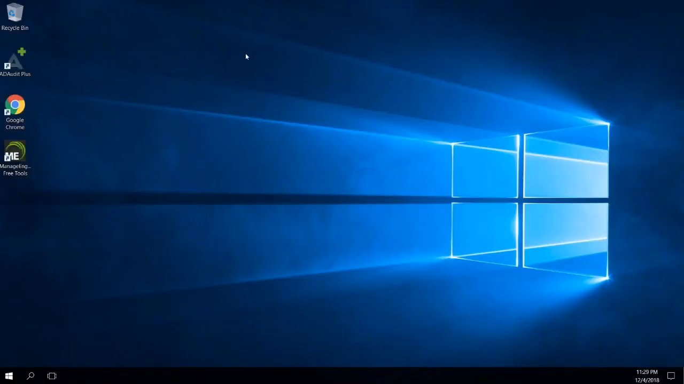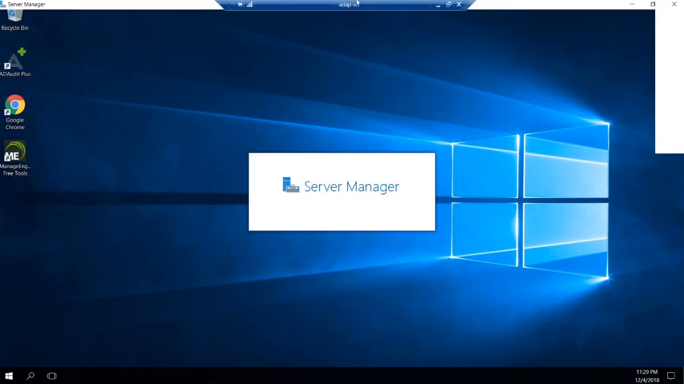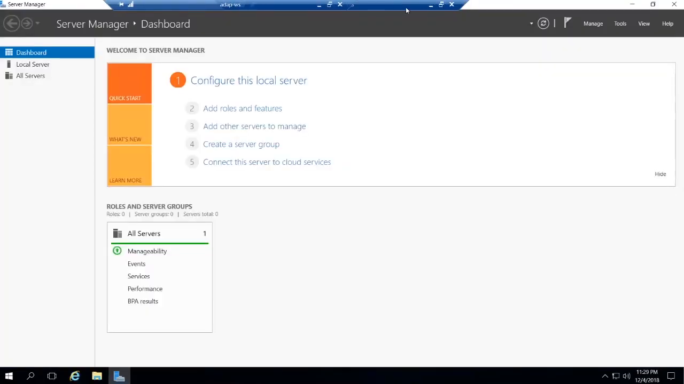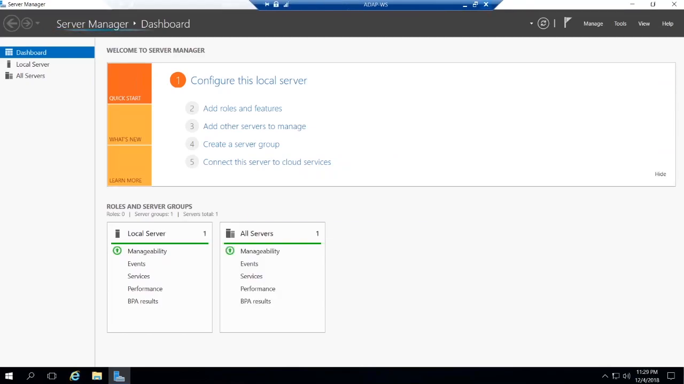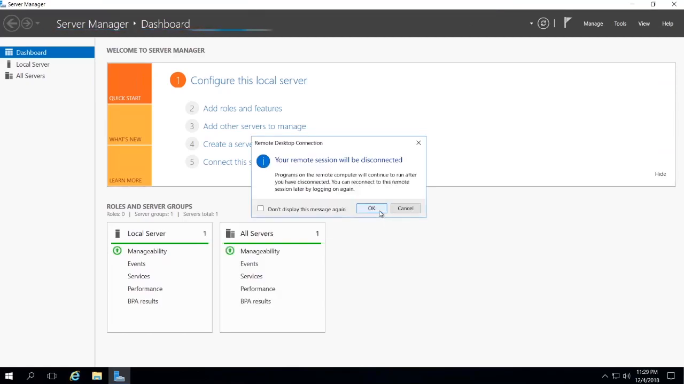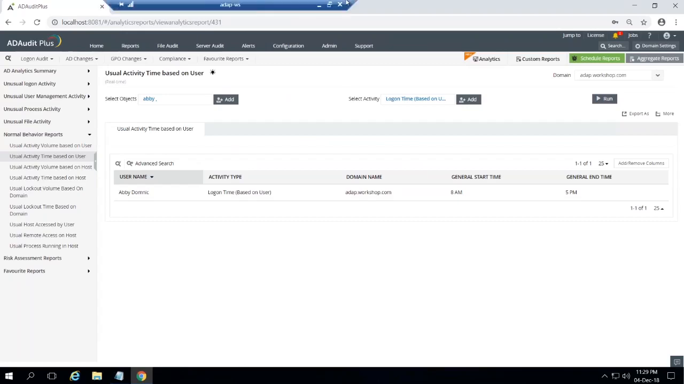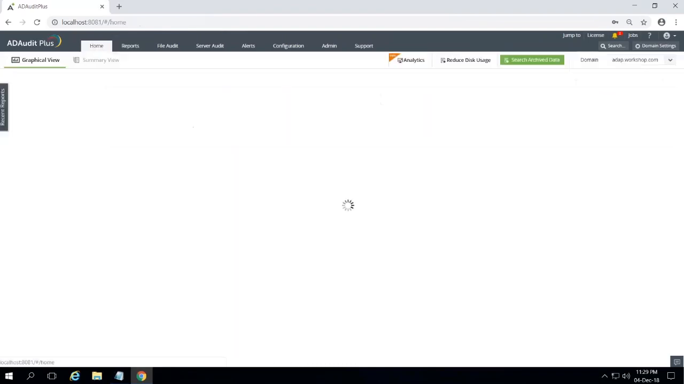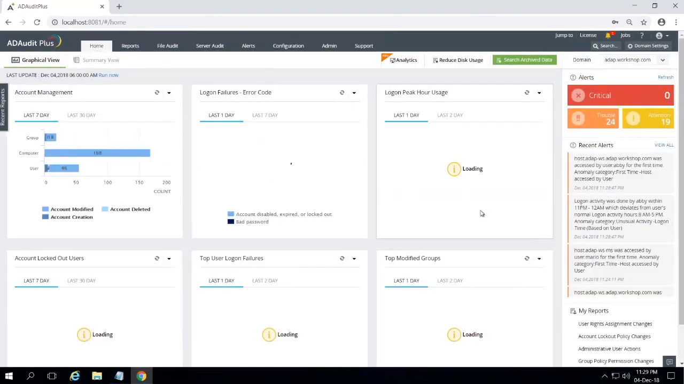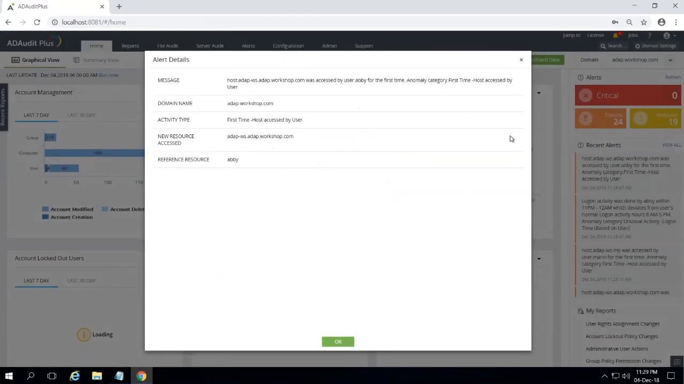And since this behavior has deviated from his normal behavior, I should receive an alert. So his general end time is at 5 p.m. and his general start time is at 8 a.m. But he has logged in between 11 p.m. and 12 a.m. Okay, so with a normal security solution in place, you wouldn't be able to receive such granular